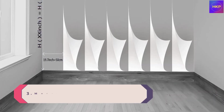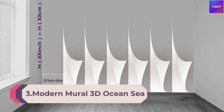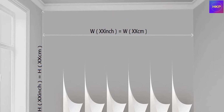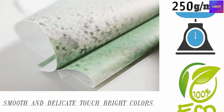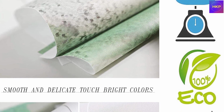Number 3. Modern Mural 3D Ocean Sea Beach Landscape Photo Wallpaper. Rock Wall Art Large Mural Wallpaper Render Illustration Wallpaper. Suitable for living room and bedroom, 78.7 W x 55.1 H. Size. The total dimensions of this mural wallpaper are 78.7 x